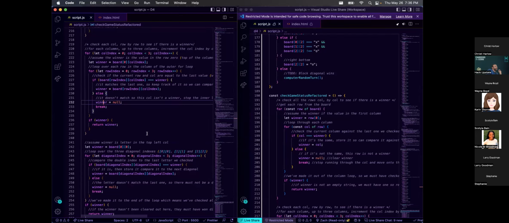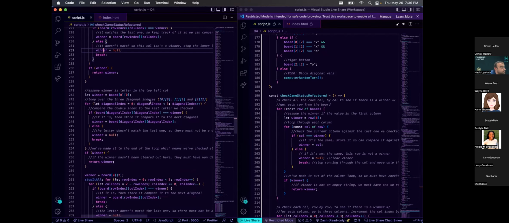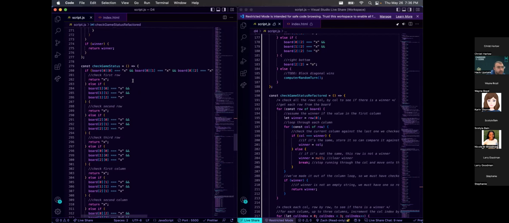If you go to your block code, because this is the code that's only checking for a winner, our block code is still all the if statements.